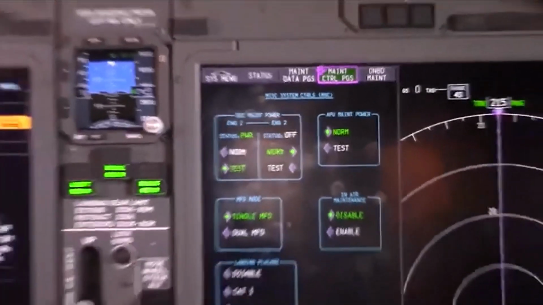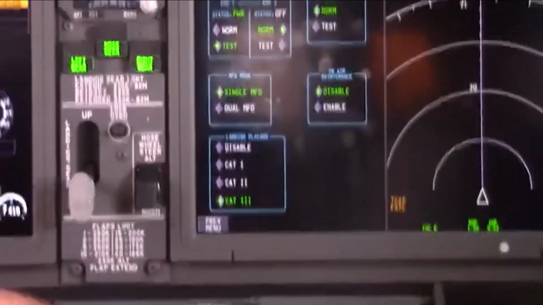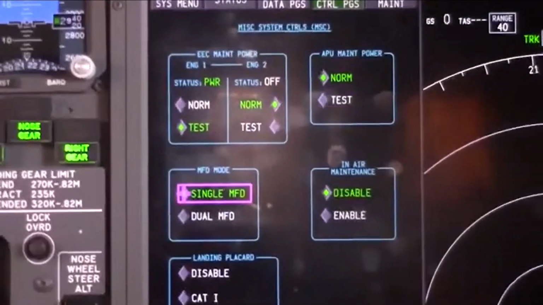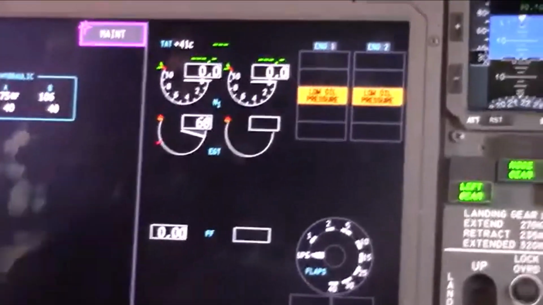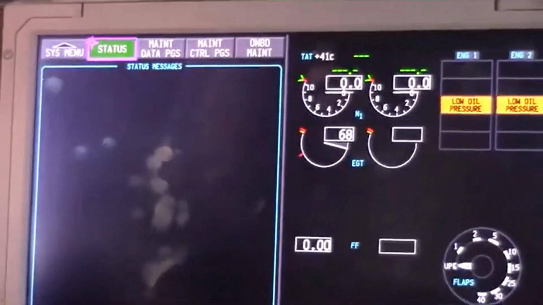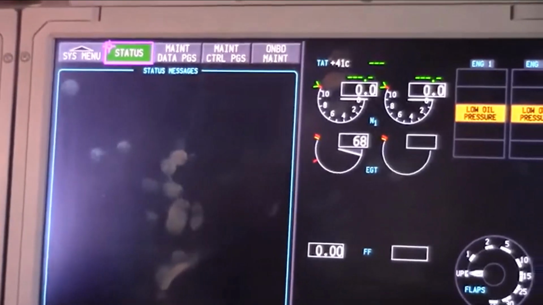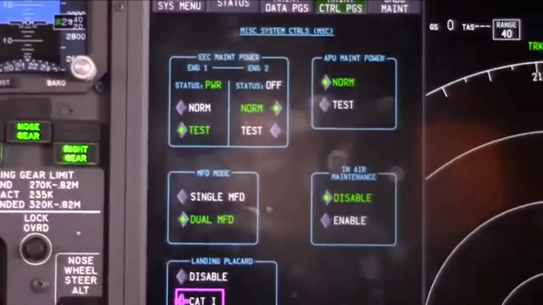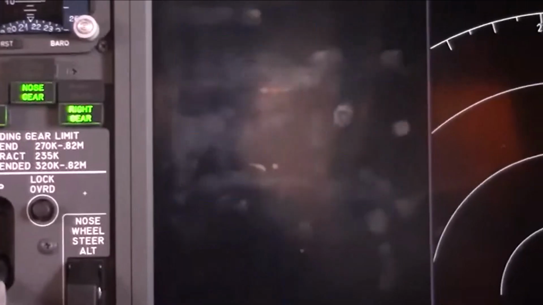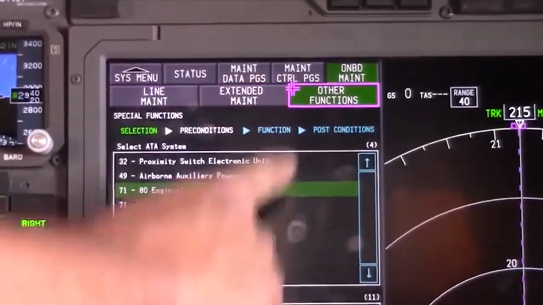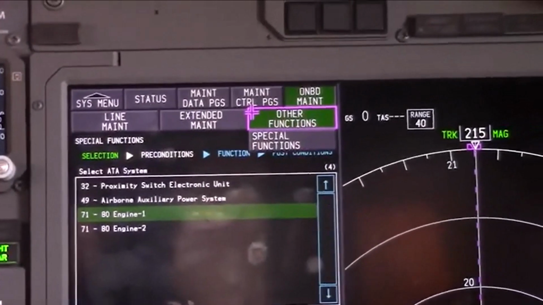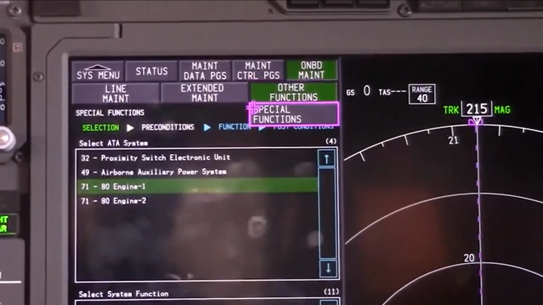So we go into this page right here. We're going to set up our dual MFD so that we'll have our display over here as well. And what we're going to do is go to onboard maintenance. Then we're going to go to other functions, select that. Then we're going to select special function,